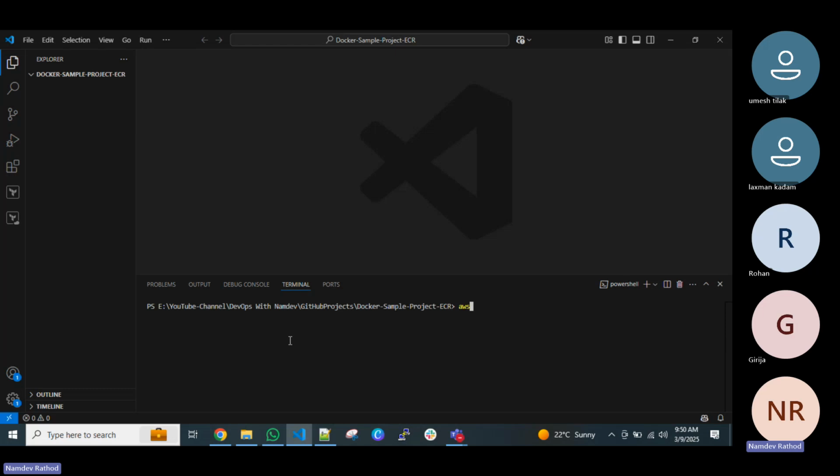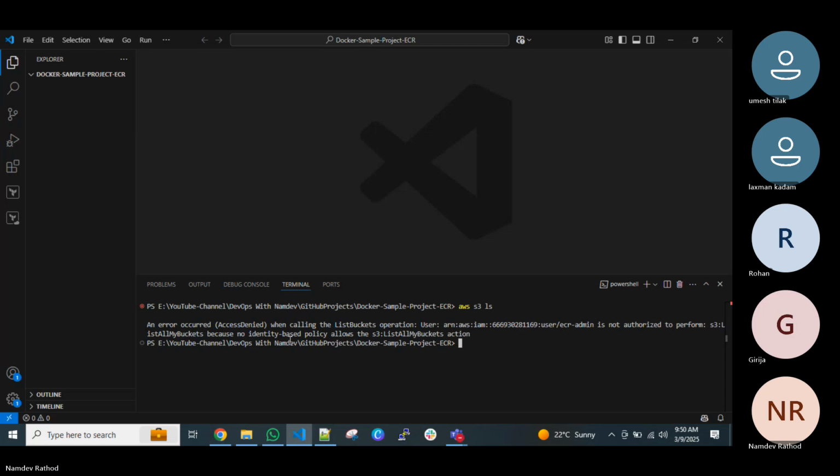How we can verify? You can just run any one command just to print the message, like AWS S3. So whatever S3 buckets I have in the account, that will print here. So I'm getting an issue because this user does not have that permission, right? We just added the ECR container registry only permission. Which is fine,